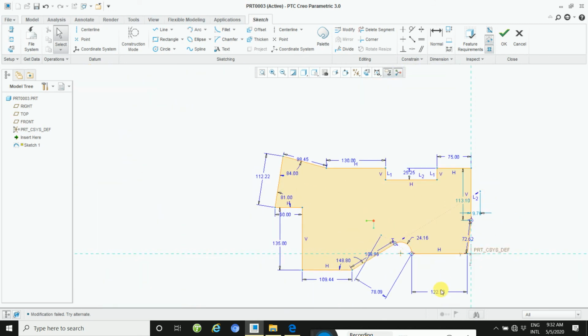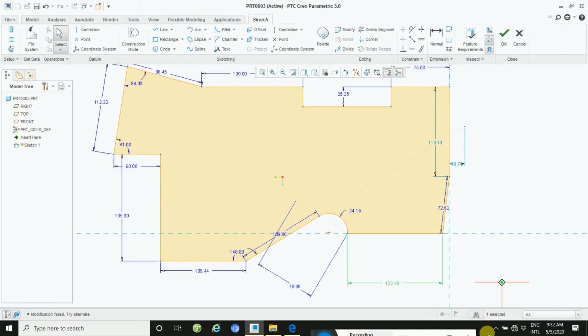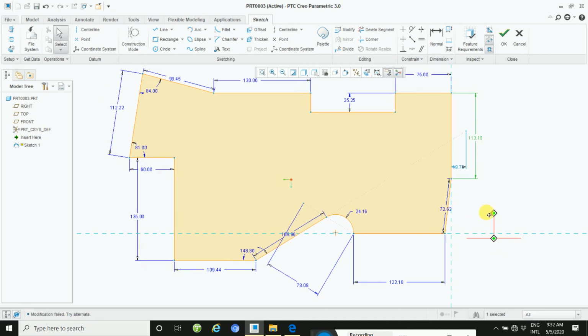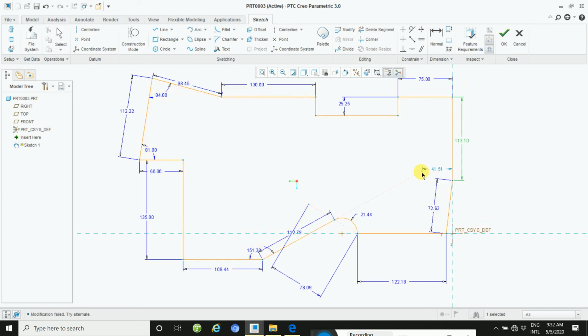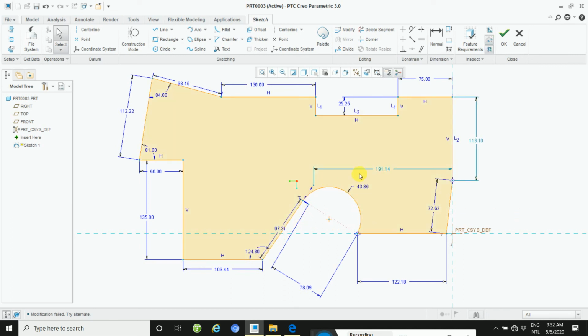This dimension I think 50. 75. I think this line is creating more problems. Okay, so try to delete this line.